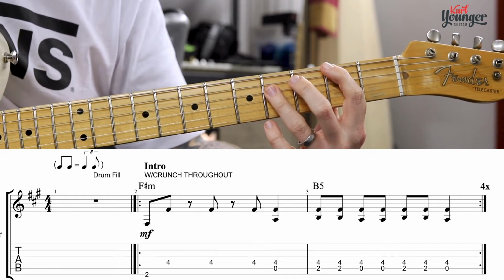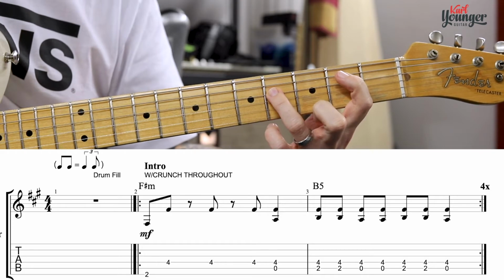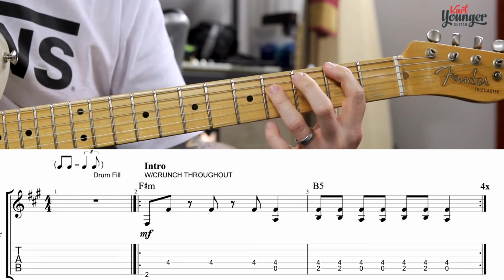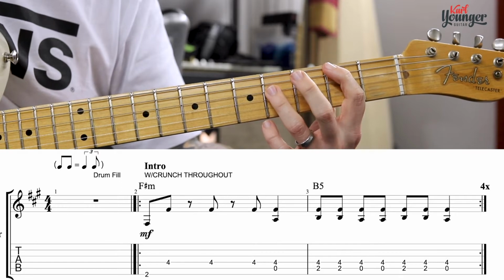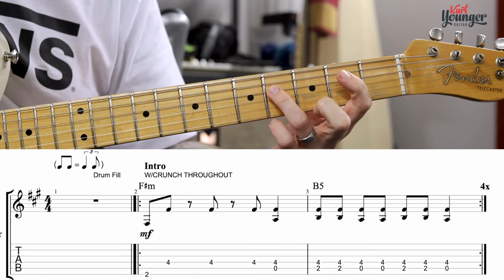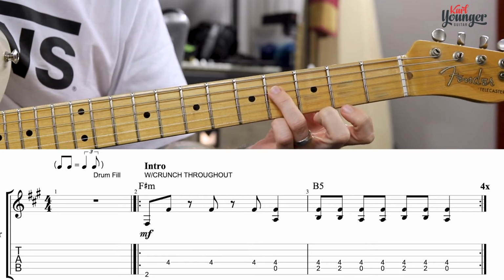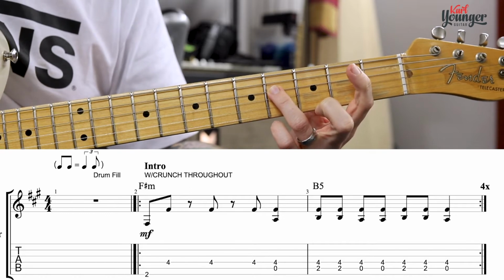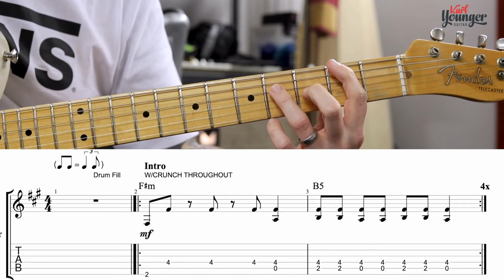And they're going to continue that up pick to get the next two 4th frets because they're both off the beat. So we'd have 1 and 2 and 3 and a down pick for the final crotchet beat here. So I'm going to keep my 3rd finger on the 4th fret of the D string, but open A is now going to be hit with it. So this first riff,